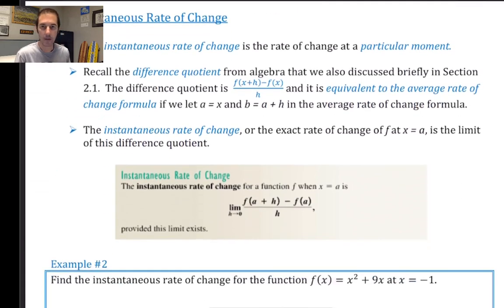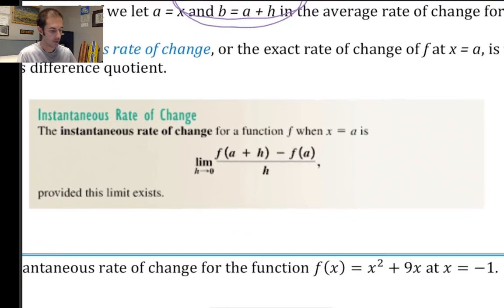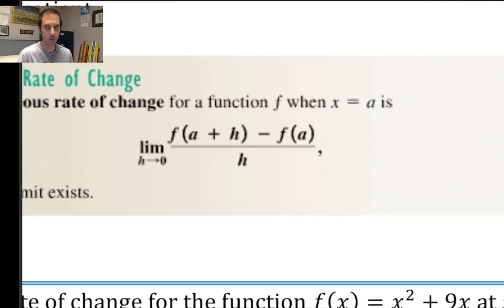And so let's come back into the particulars of determining average rate of change. So we're using the difference quotient here, which is in the middle of your screen, and that involves a function. So we're going to be given a function in example number 2 that we can work with. And in order to calculate the instantaneous rate of change, we're going to use the difference quotient, and we're going to take the limit as h approaches 0